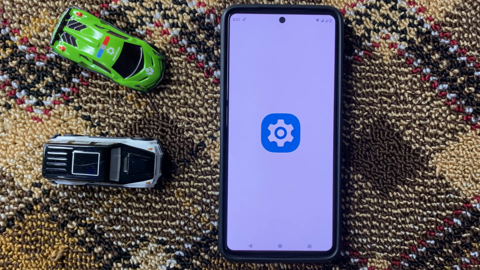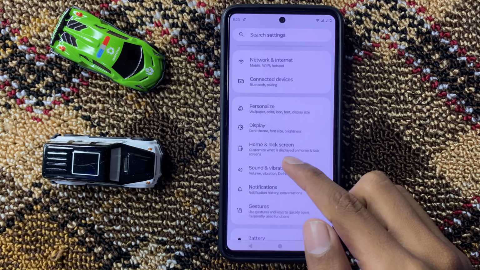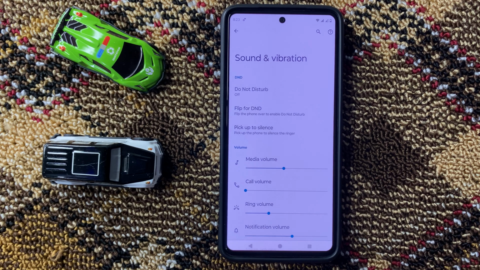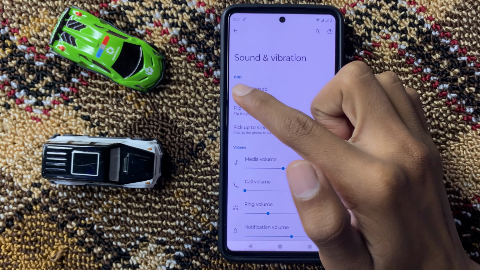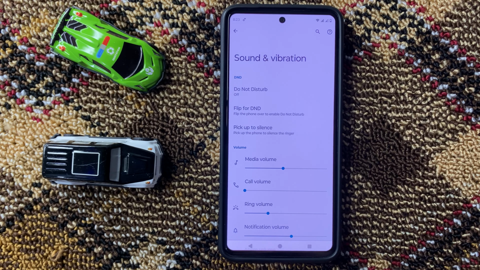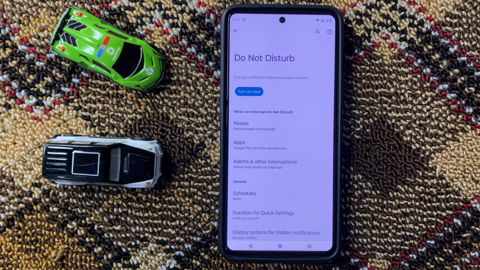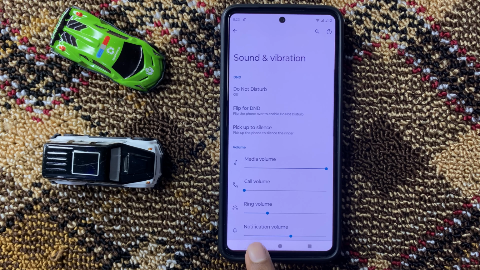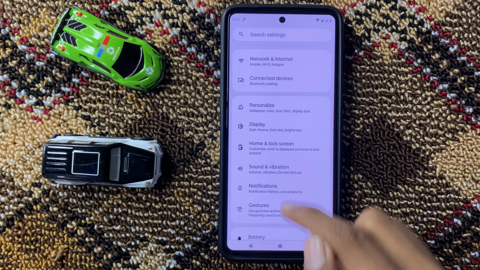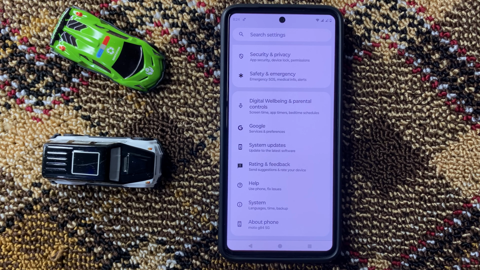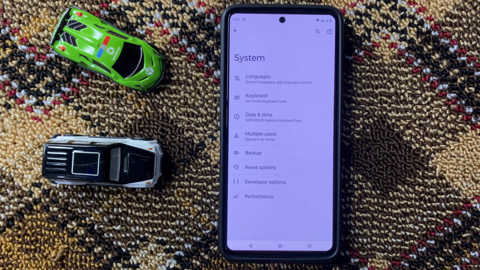open settings and click on sound and vibration. On top you can see the option Do Not Disturb. Now click on it. If you turned on Do Not Disturb, then turn it off. After turning off Do Not Disturb, then go back and scroll down to the last and click on settings and then